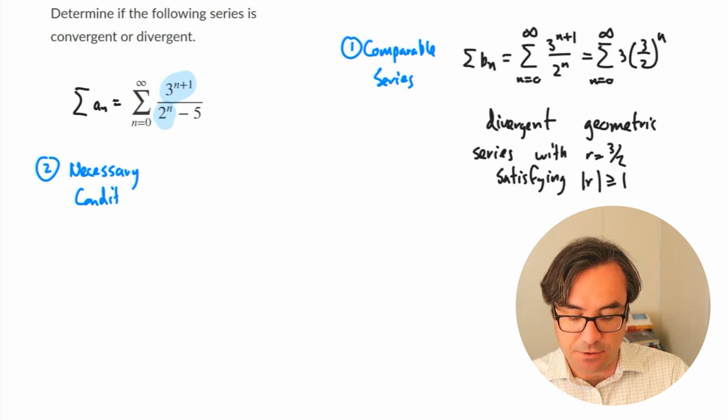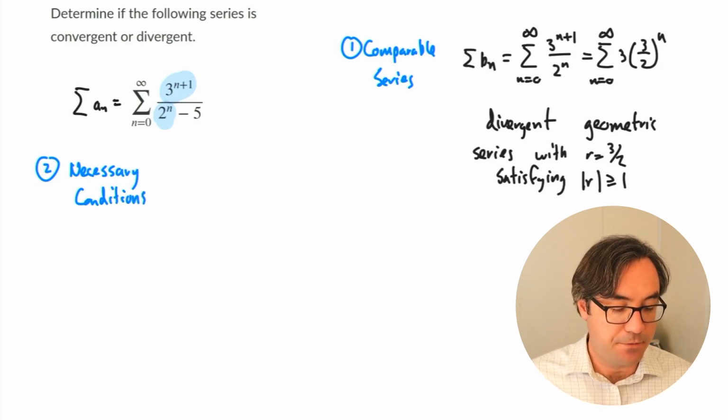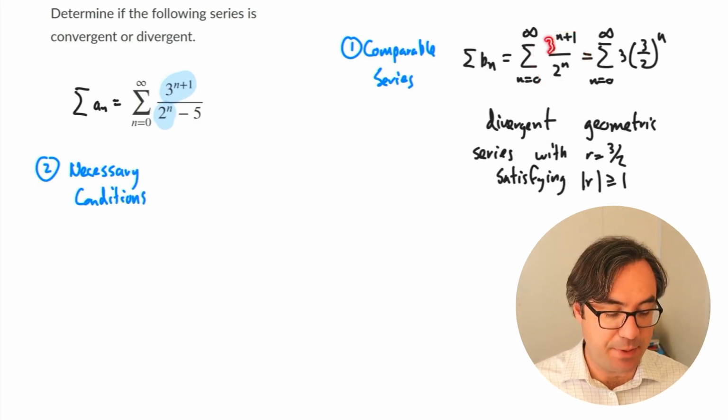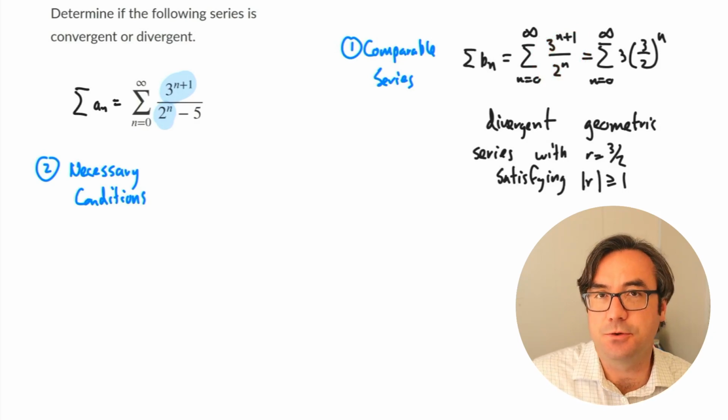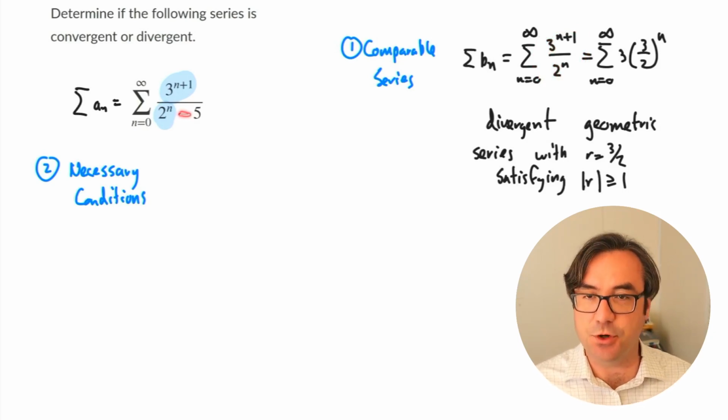And that is all the terms are positive. Now, for our comparable series, all of the terms here are positive. We just have powers of 3 and 2. So those are positive. Now we do have some subtraction down here,